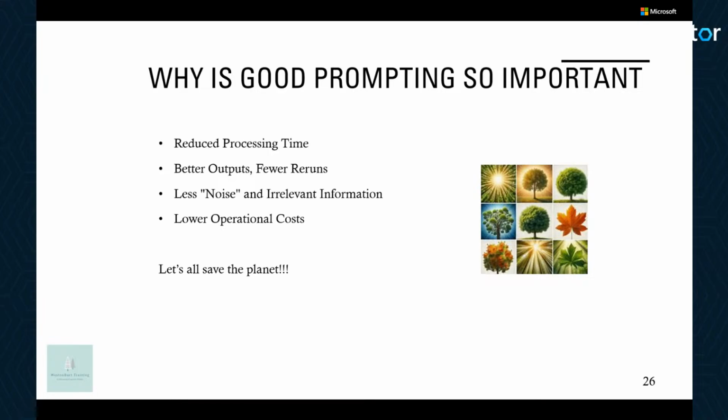So we want to think about the environment a little bit and not just put out loads of badly crafted prompts that are in effect wasting scarce resources. Now, we still need to go backwards and forwards a number of times when we are prompting to get to an optimal output. But if you're much more aware of what a good prompt looks like and how to interact, not only will you get to a better, quicker answer, but you'll also be saving the planet